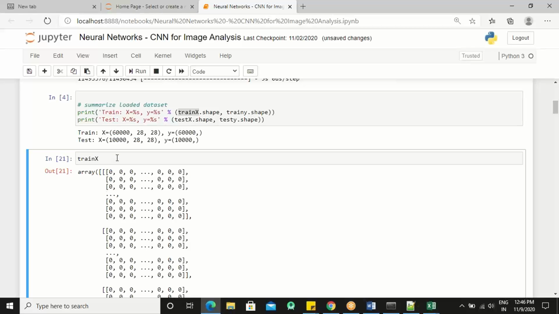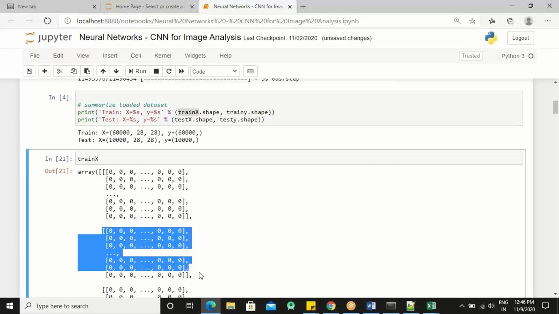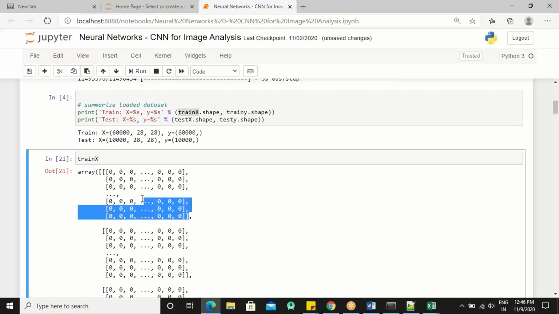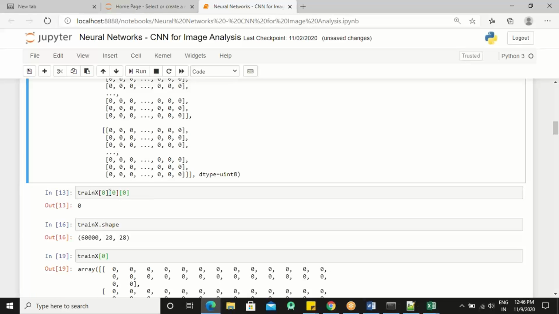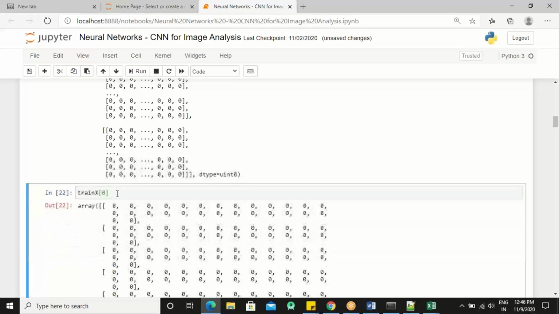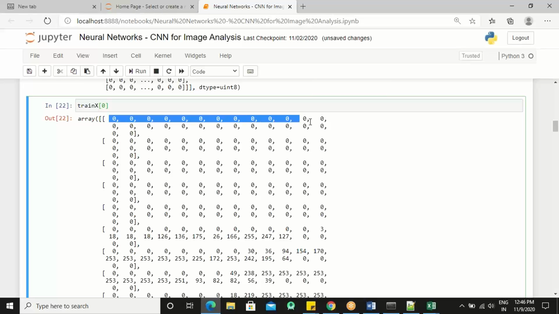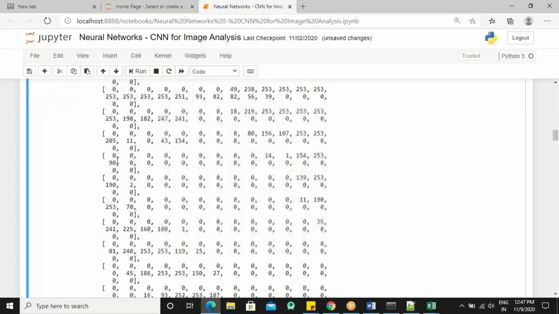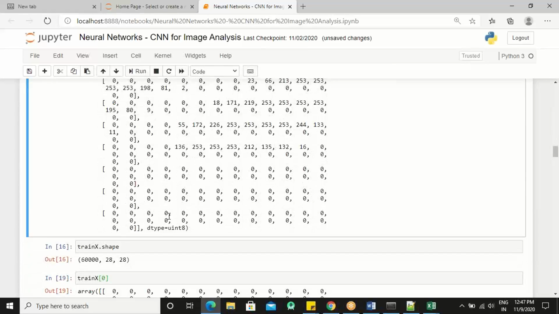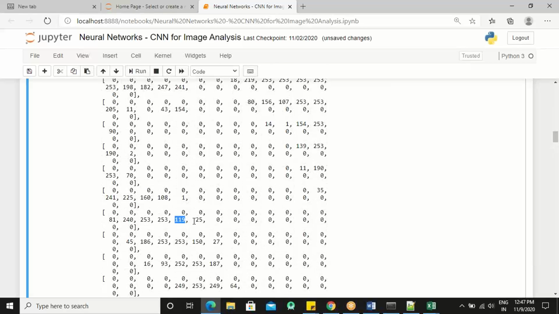तो अगर मैं अपना ट्रेनिंग एक्स देखूं गुलजार, तो आप देखेंगे ये मेरी पहली इमेज है, ये मेरी दूसरी इमेज है, ठीक है, लेकिन अब क्वेश्चन तो 0 दिख रहा है क्योंकि वो डेटा कुछ इसमें गायब है ना, मतलब छुपा रखा है। तो मैं सिर्फ एक इमेज का डेटा देखने की कोशिश करता हूँ। सिर्फ एक इमेज का डेटा अगर मुझे देखना है, मुझे क्या करना पड़ेगा? मान लो मैं 0th इमेज देखना चाहता हूँ, तो ये 0th इमेज है, मतलब 0th मतलब पहली। तो आप ये देखें 28 तो कॉलम है, मतलब टोटल 28 कॉलम है, और ऐसी 28 मेरे पास ये रोज हैं पूरी नीचे तक, ये 28 रोज हैं।